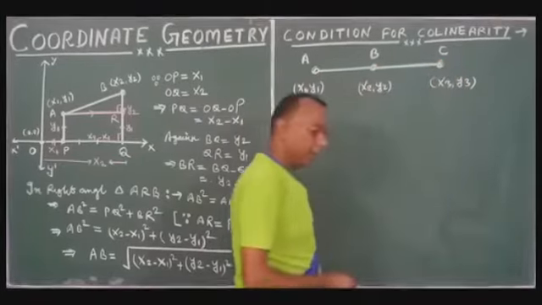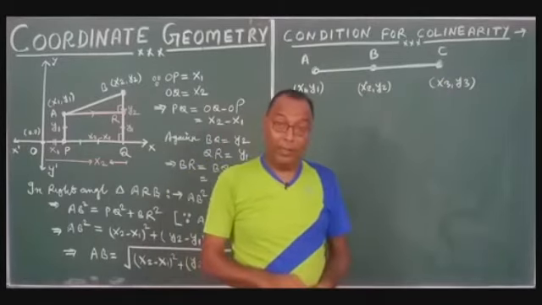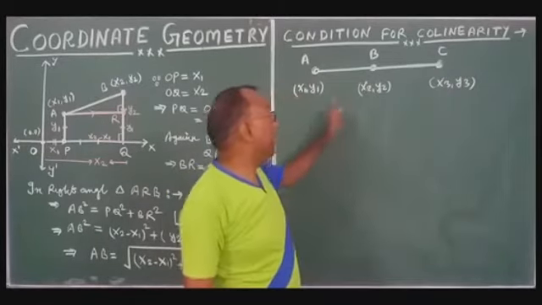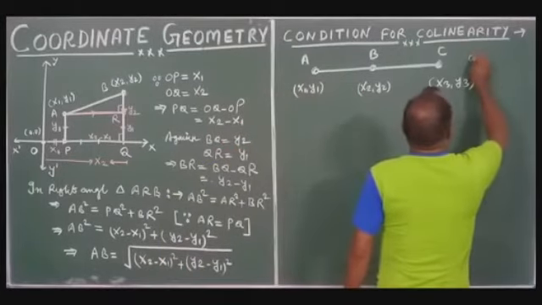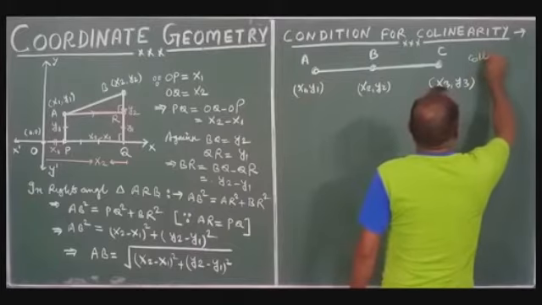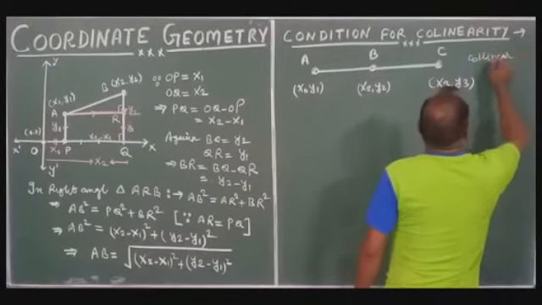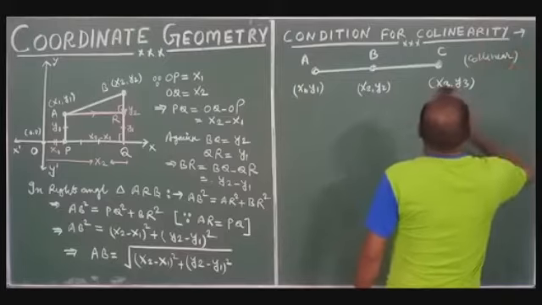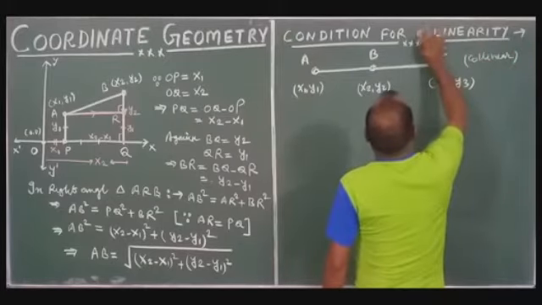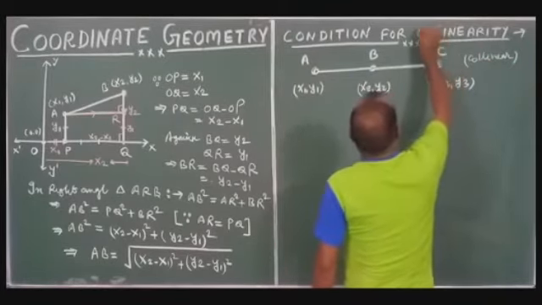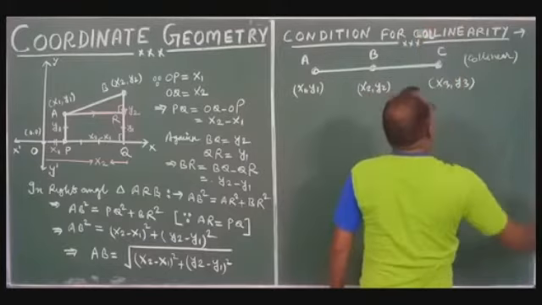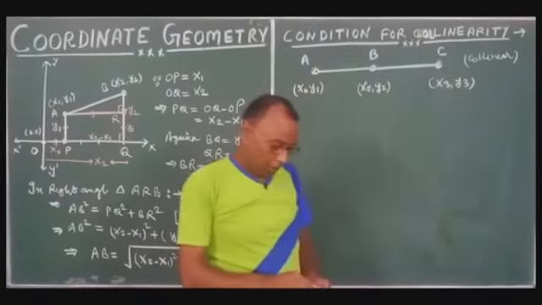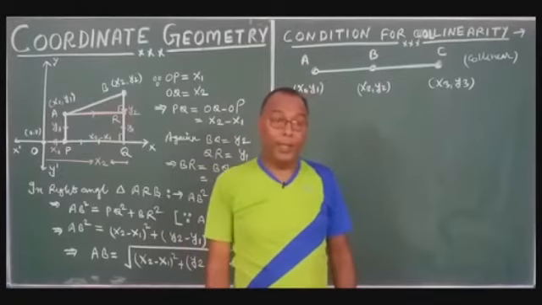These are in a straight line. It means they are collinear. They are collinear points. Now just look, if they are not collinear,